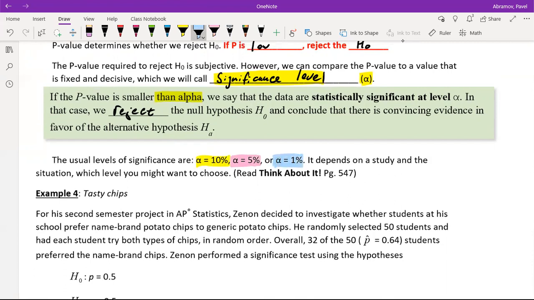Now, which one has to be chosen? It depends on the situation and on the context. In different fields of study, different levels are used. These are the three that we are using in our AP statistics class as part of the curriculum, but in the real world, different levels could be very, very different. For example,